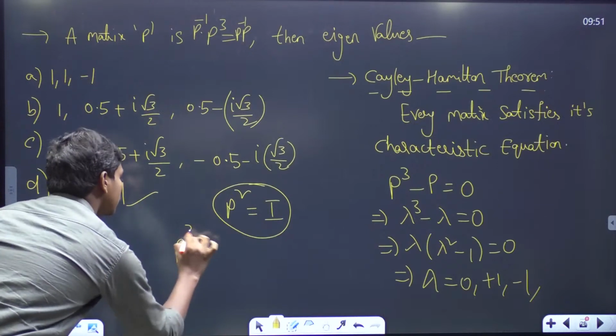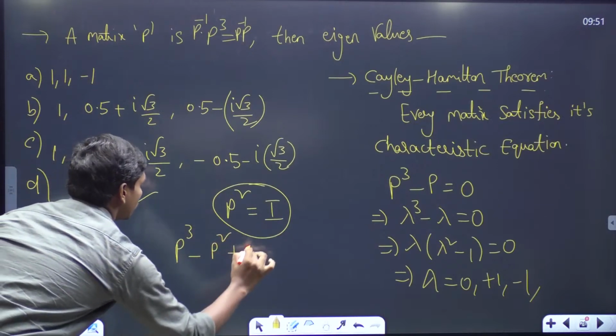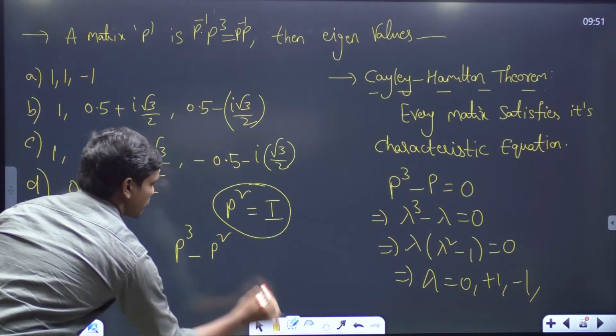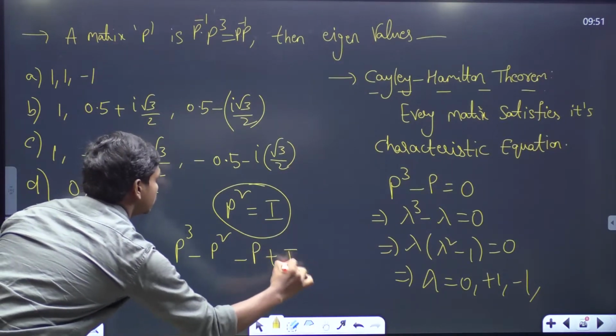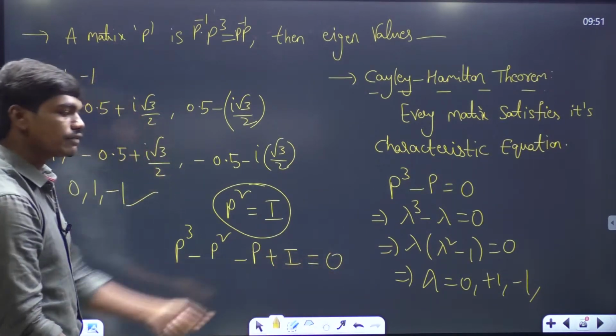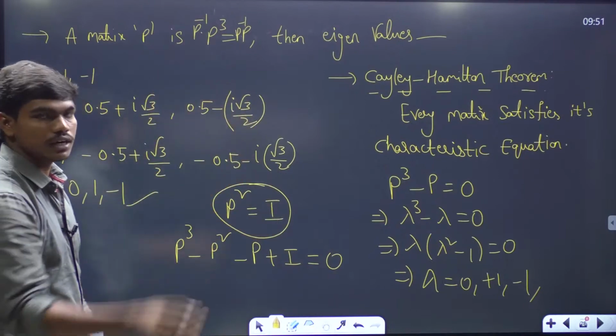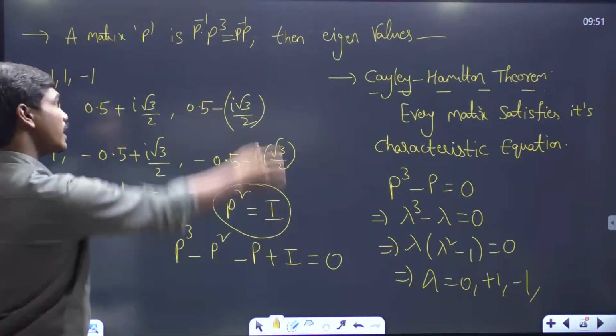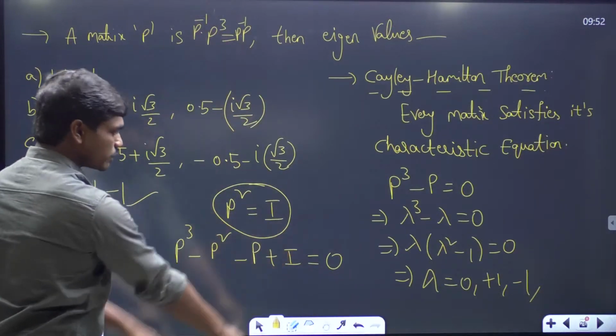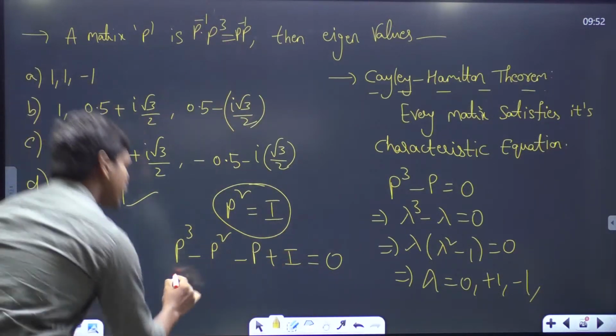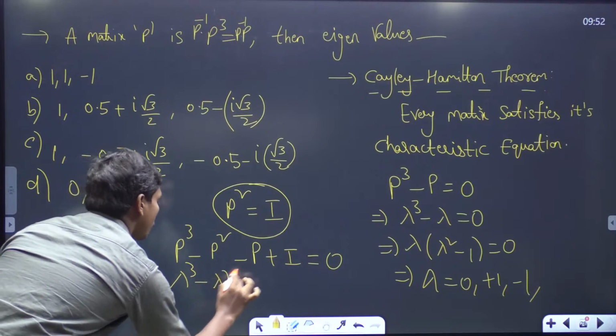I can write one more equation, minus p square, minus p plus I is equal to 0. I can write this equation also because it's not given in the question that p is a singular matrix. So if I assume p is non-singular, then definitely the inverse exists and this p square and I get cancelled. Then if I take this as the equation,